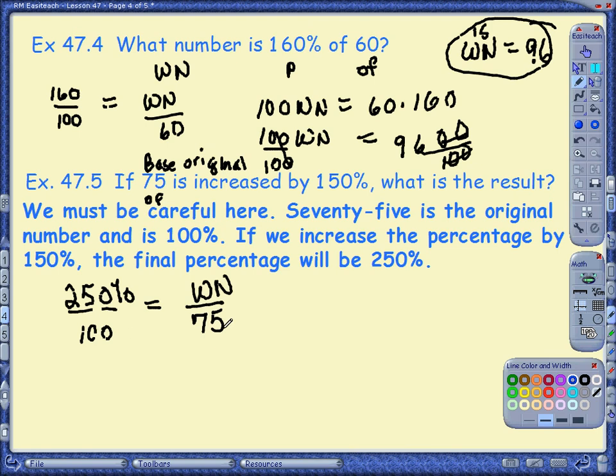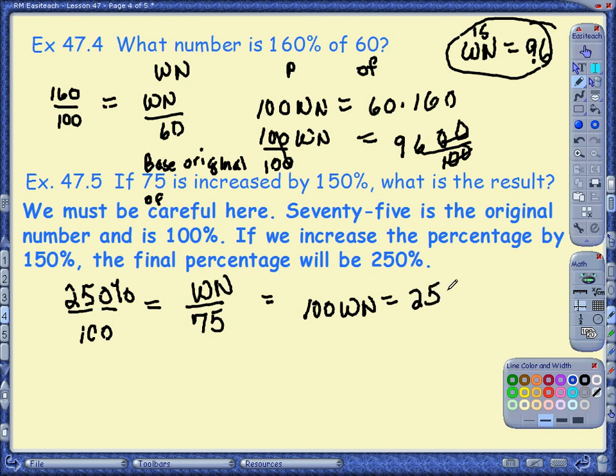Now, 100 goes with 75. That's the original. 250%, then the is number is going to be much bigger. So we're going to multiply again. 100 times the is number equals